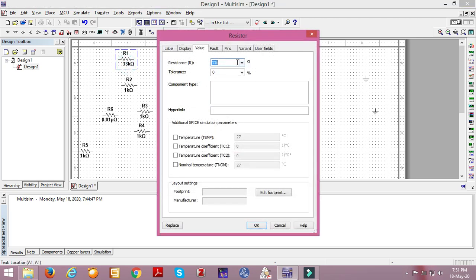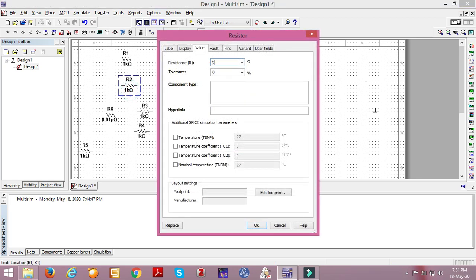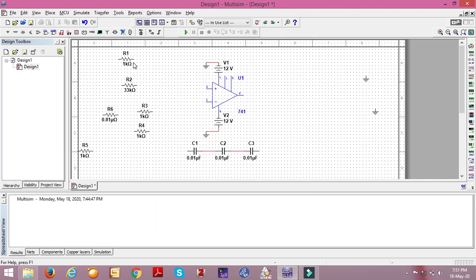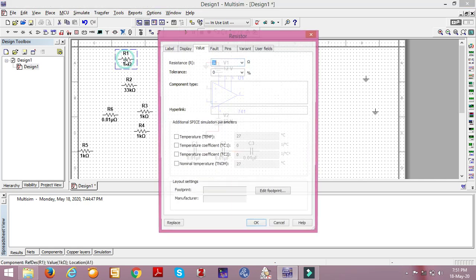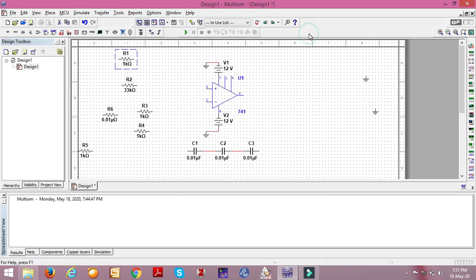I'll change the value here, 1K, and I'll use R2 for 33K. If you double click on any component, it will display the properties. You can change there itself, or you can change while taking the component from the component list. It's your wish.